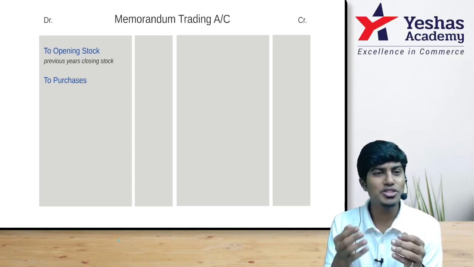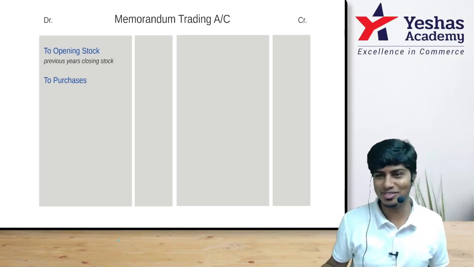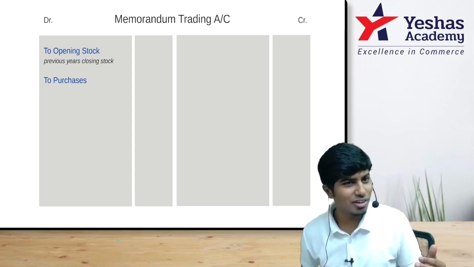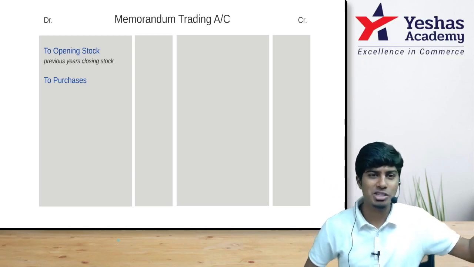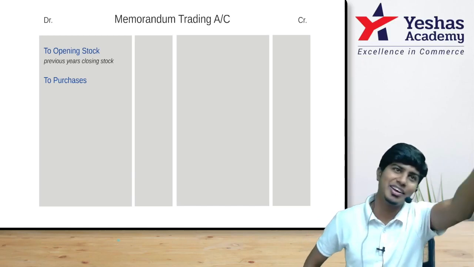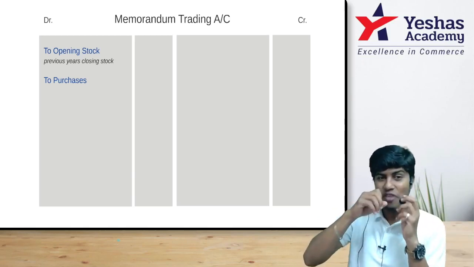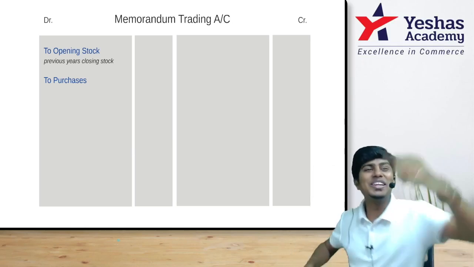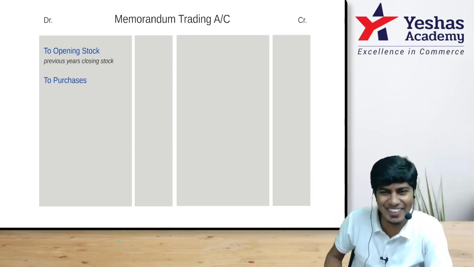Why? If you save stock, you don't know what is the value of the stocks that you saved also. You saved stock, but you don't even know the value of the stocks that you saved. Why? It is cost plus expenses incurred till the time you brought it to the godown. All that records are there in books of accounts. Secondly, if you save books of accounts, you will note the value of the stock that got burnt also. Are you getting what I'm trying to tell?